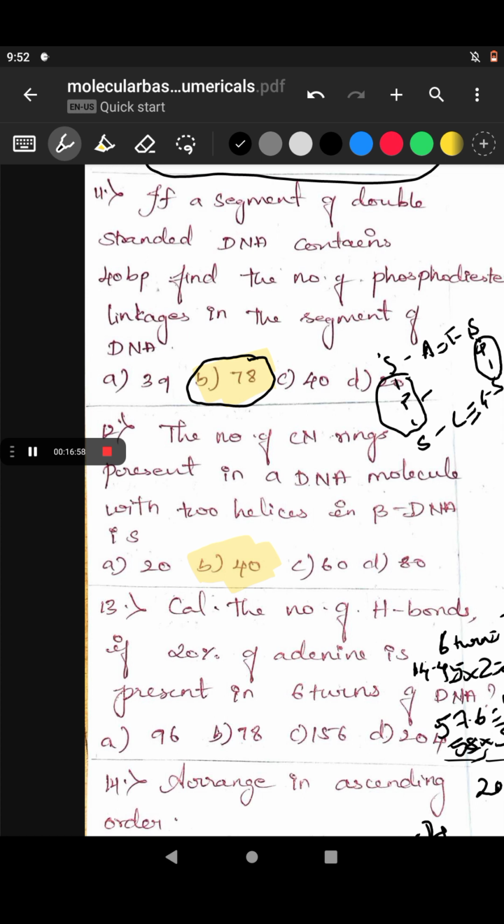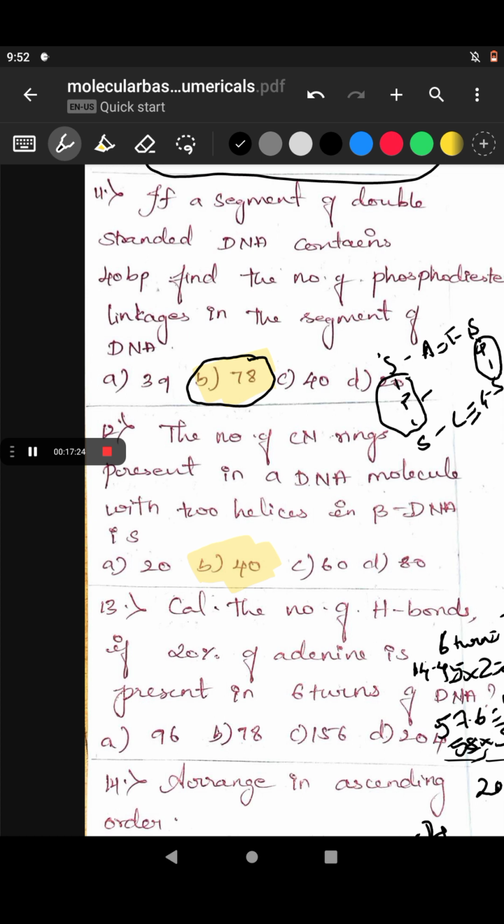So the phosphodiester bonds would be there. So you can just look into this part of it. If you look into 78 of them, it is going to be 39 within this. So it is going to be 78. Always you have to minus it by